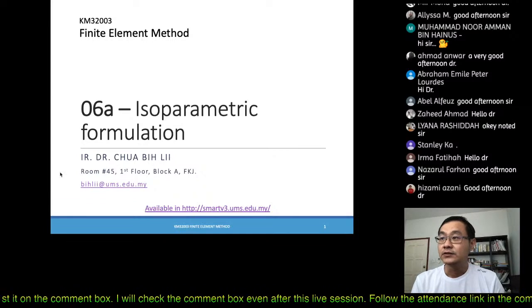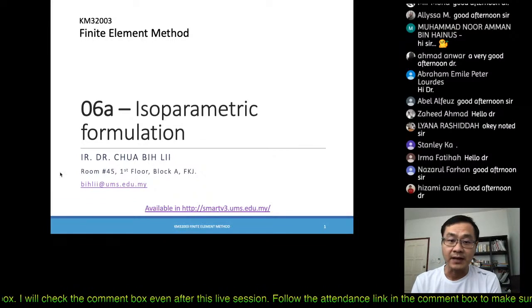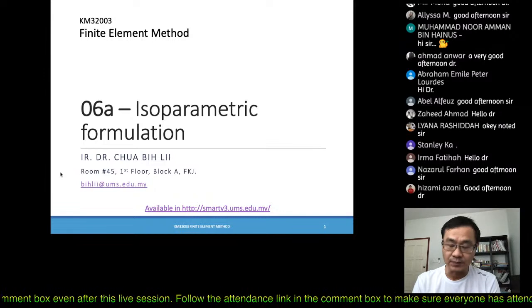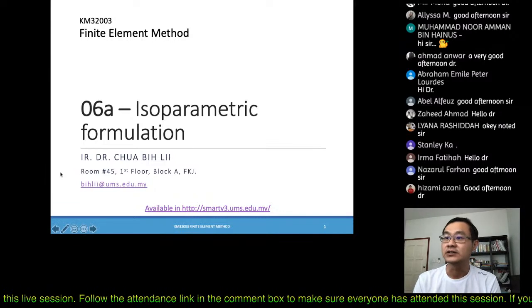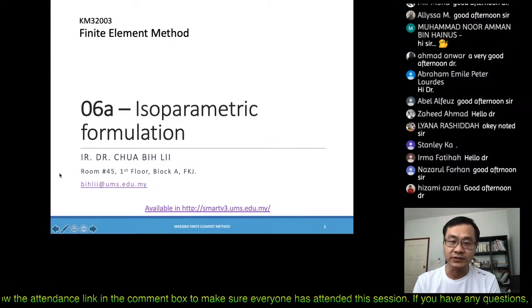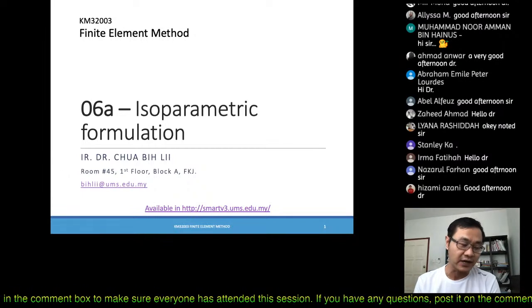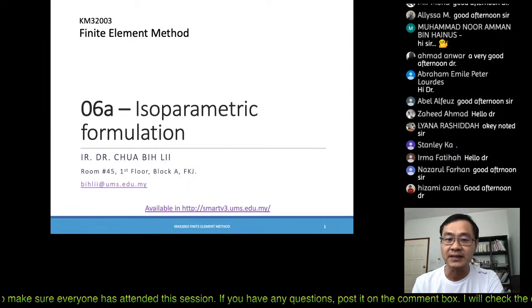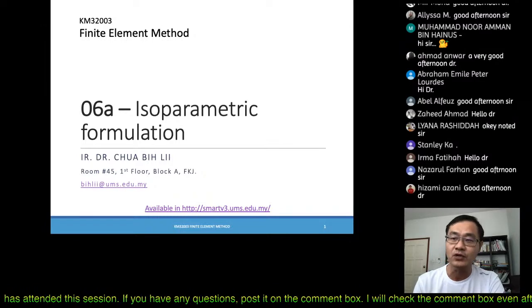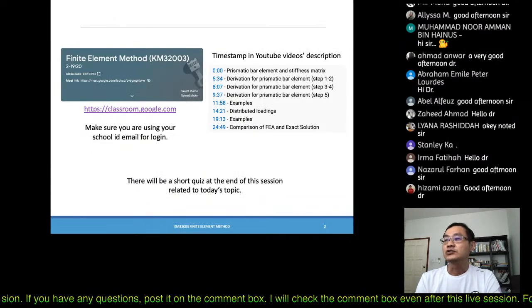So on the isoparametric formulations, we will again derive the stiffness matrix and so on. Okay, but this is a different way of formulation. Okay, so before we